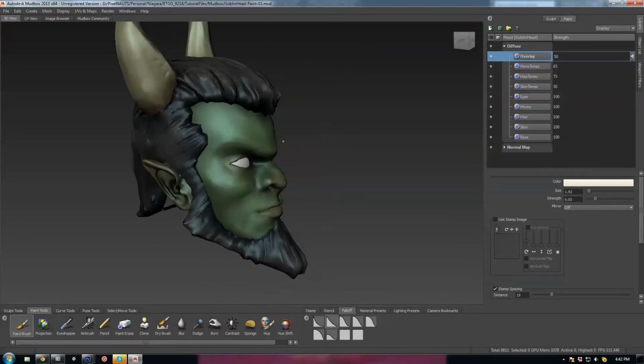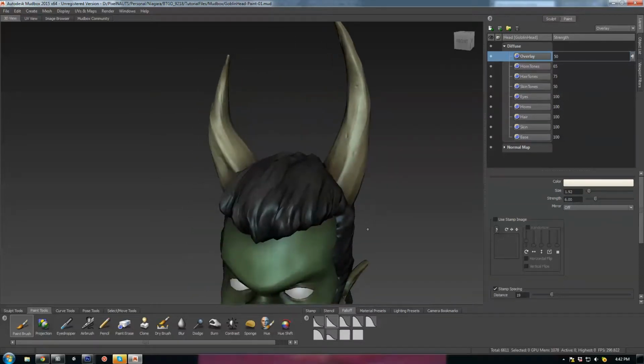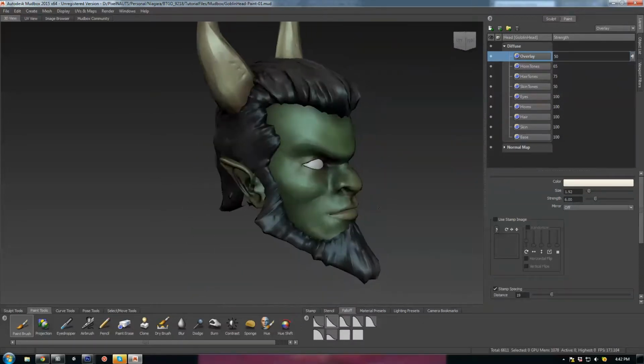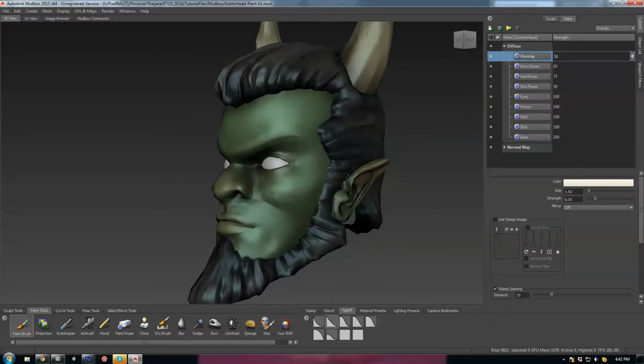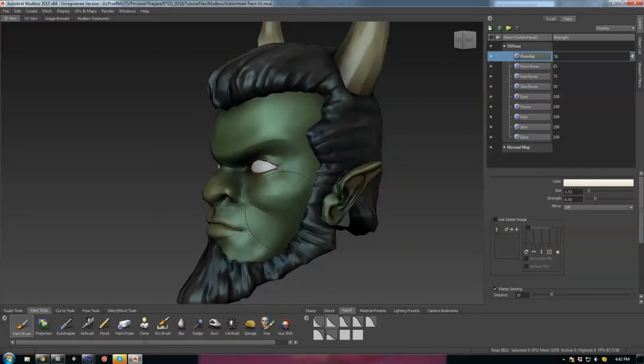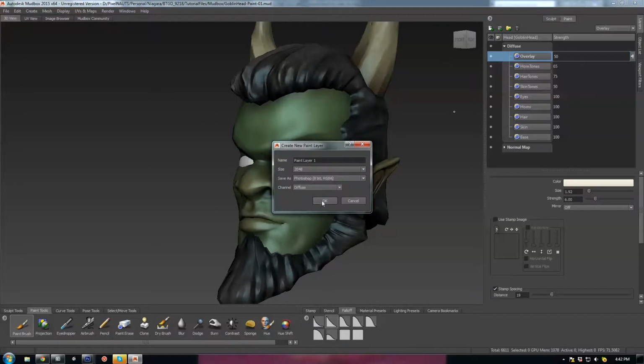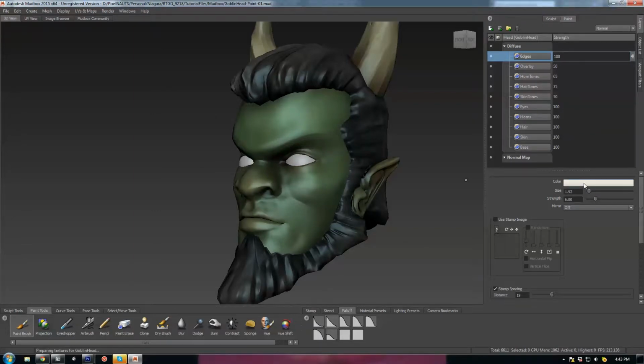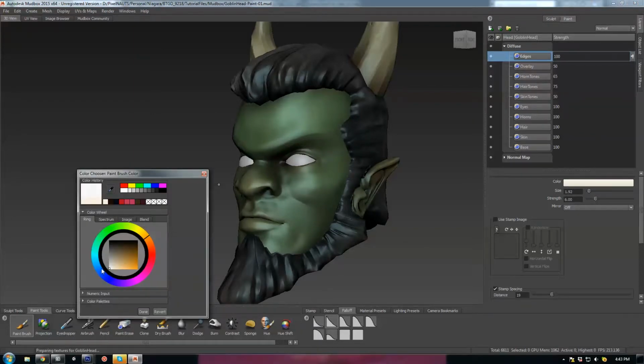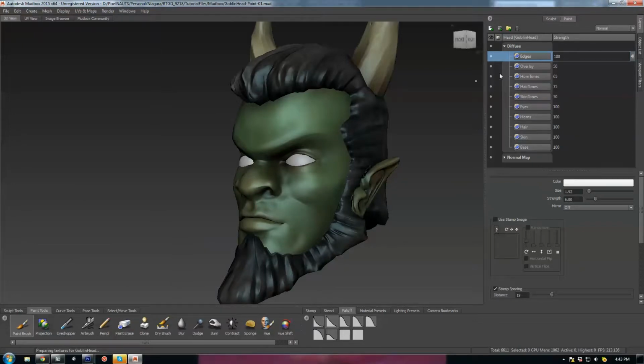So it really depends how far you want to take it with your character, how much detail you want to go in on. I'll show you some of the little things that we do to help push our characters. One of the things is to help outline some edges. So I'm going to just make another layer. I'm going to call this just edges. I'm going to select a fairly bright color, like a white, and I'm going to select a really small brush with a sharper falloff,